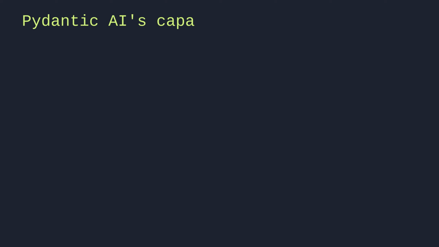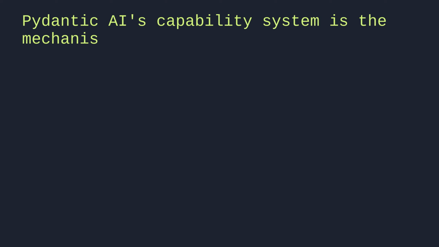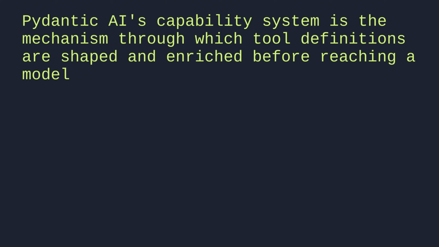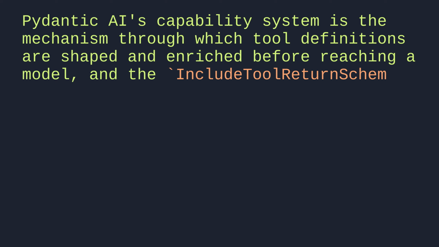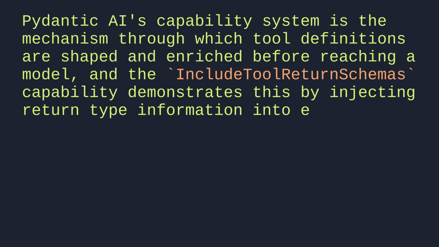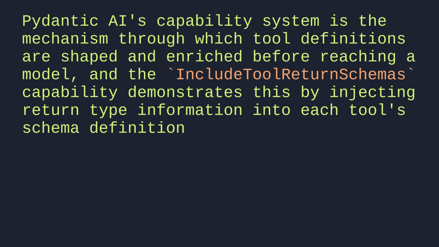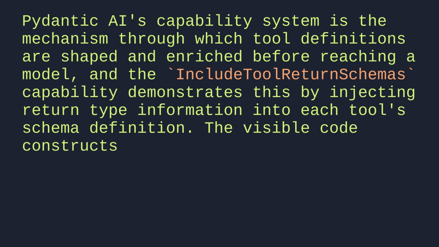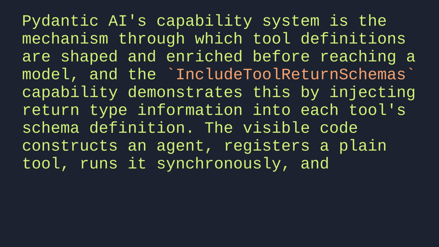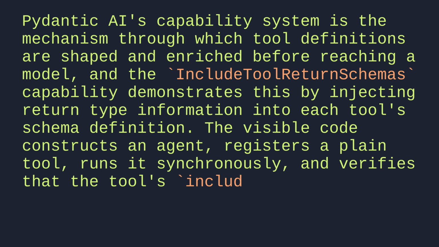Pydantic AI's capability system is the mechanism through which tool definitions are shaped and enriched before reaching a model. And the IncludeToolReturnSchemas capability demonstrates this by injecting return type information into each tool's schema definition. The visible code constructs an agent, registers a plain tool, runs it synchronously, and verifies that the tool's IncludeReturnSchema flag